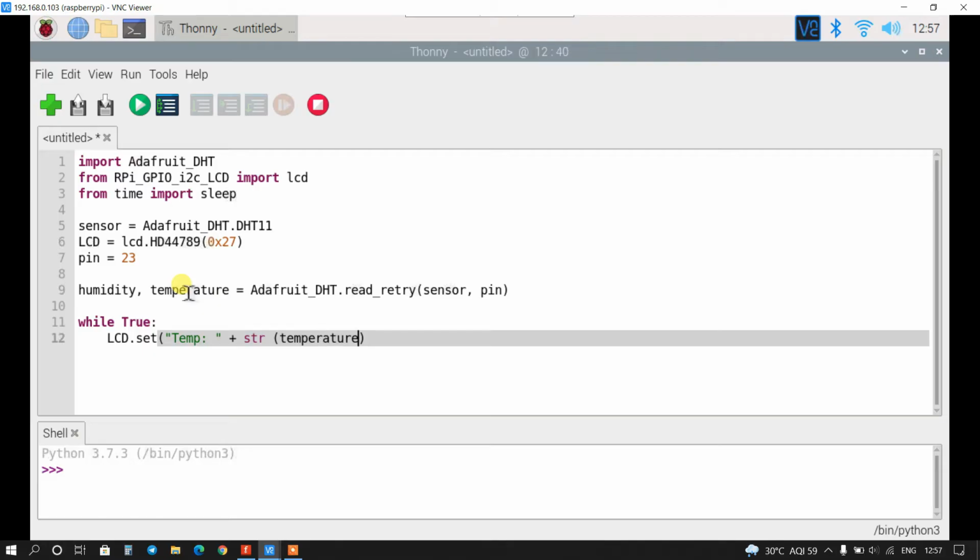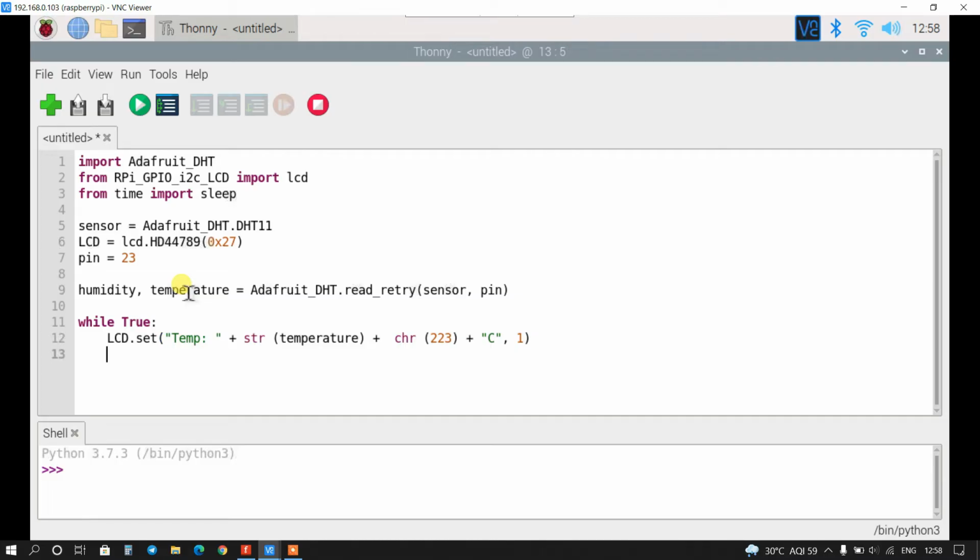Now I will print the degree symbol. For the degree symbol, it is 223. This is the ASCII code of the degree symbol. I will print it as a char, chr. And now I will print Celsius, right? And it will print on the first line of LCD.